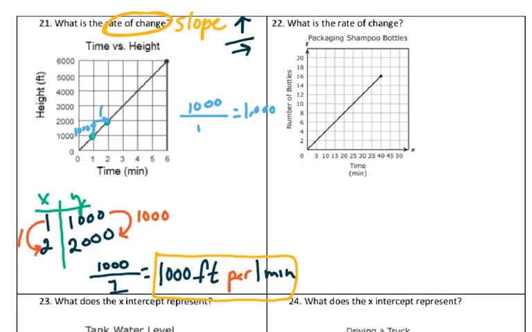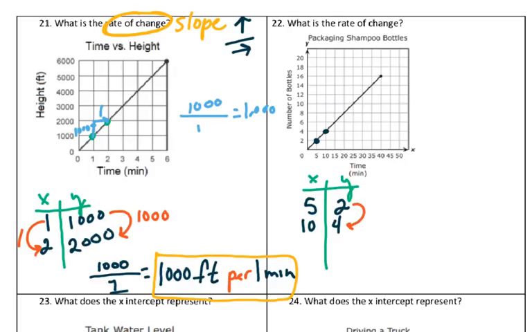You can try the same with number 2. If you like the numerical way to make sure that you're counting correctly, here is a perfect point. The x is 5, the y is 2. Here's another perfect point. The x is 10, the y is 4. Slope,